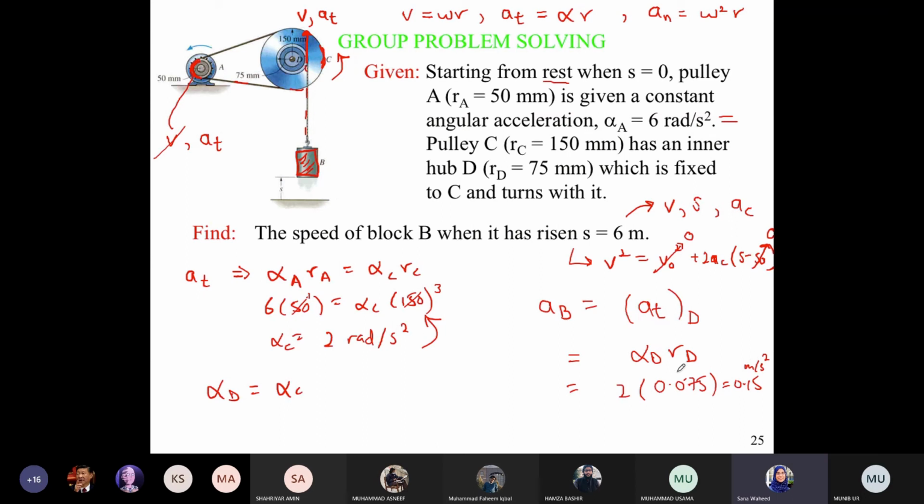Now that I know what the constant acceleration is of B, here I can substitute it into my velocity expression for constant acceleration and figure it out. So V squared is, as I've seen in my case, 2AC. So 0.15 times 6, which implies that the velocity is equal to,